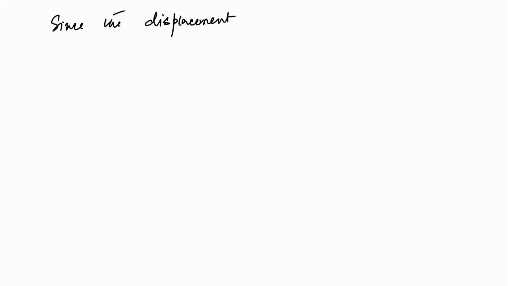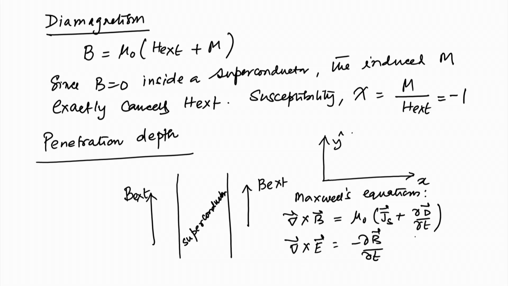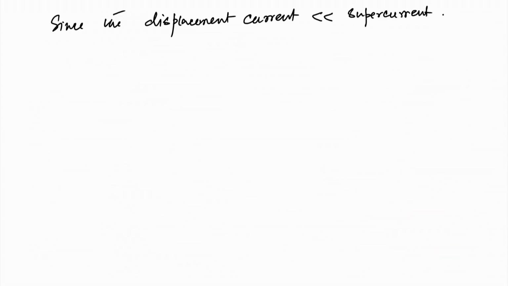Now, the displacement current is the time derivative of the displacement vector. The displacement current is far smaller than the supercurrent. So, in this term you can neglect this one, and write